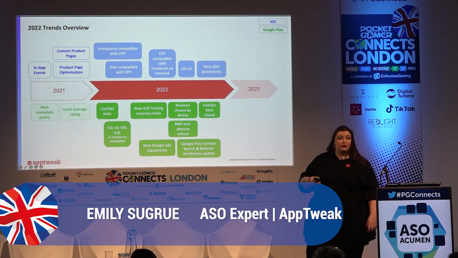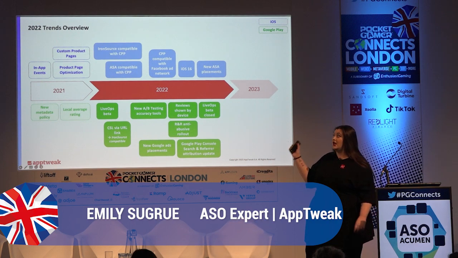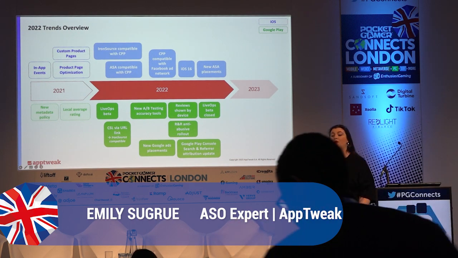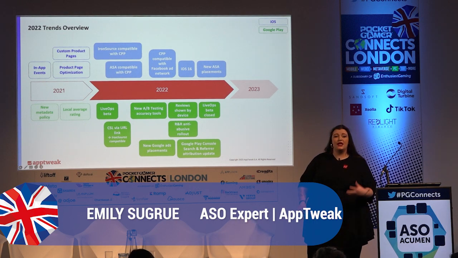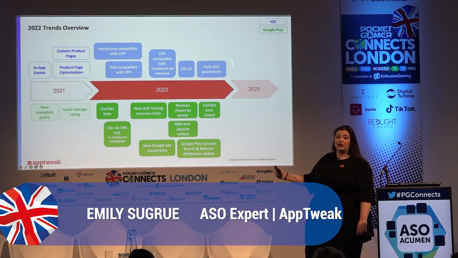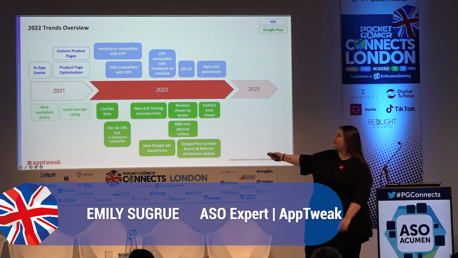Now, 2022 was a massive year for ASO. As you can see, a ton of things happened here. And we were pretty accurate last year in predicting what was going to happen. As you can see from 2021 to 2022, a lot of these things are kind of similar. So you have the introduction of custom product pages, and then all of these changes here to custom product pages, and in-app events as well. ASA was a big one. So the same thing is going to happen in 2023, basically. It's going to be kind of a continuation of what was happening in 2022.